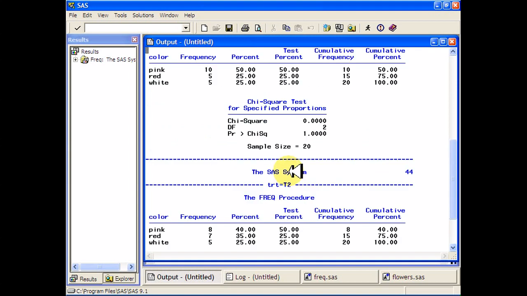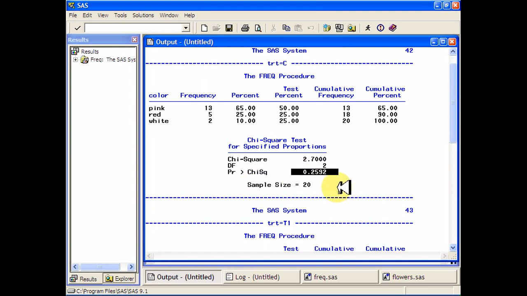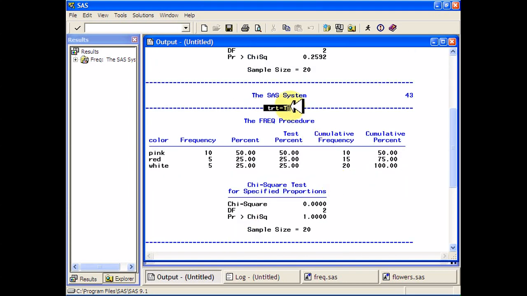And then there you have, for treatment equals C at the top of the page, a chi-square value of 0.25, p-value 0.25. For treatment T1, I've